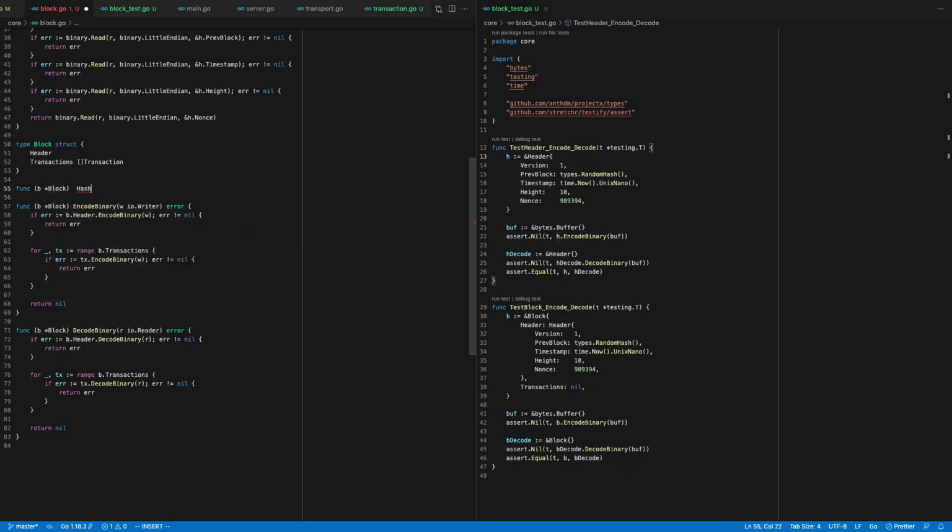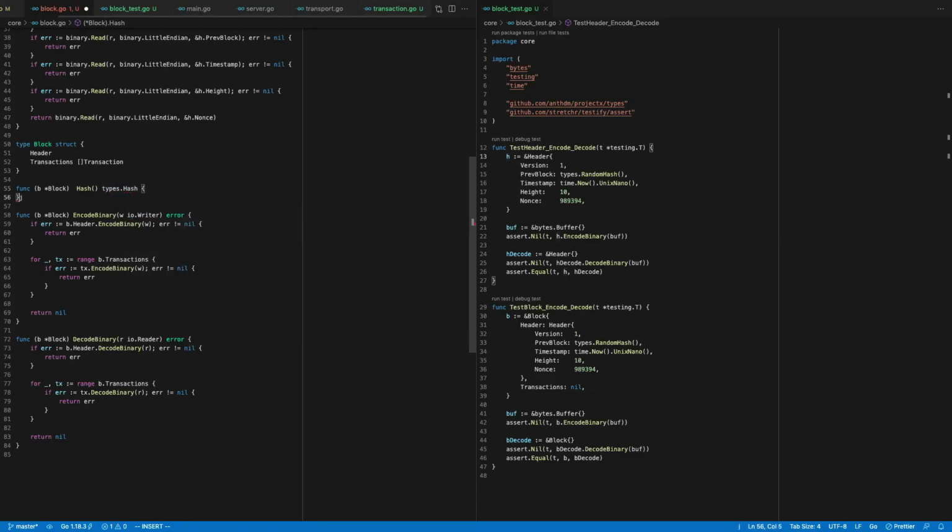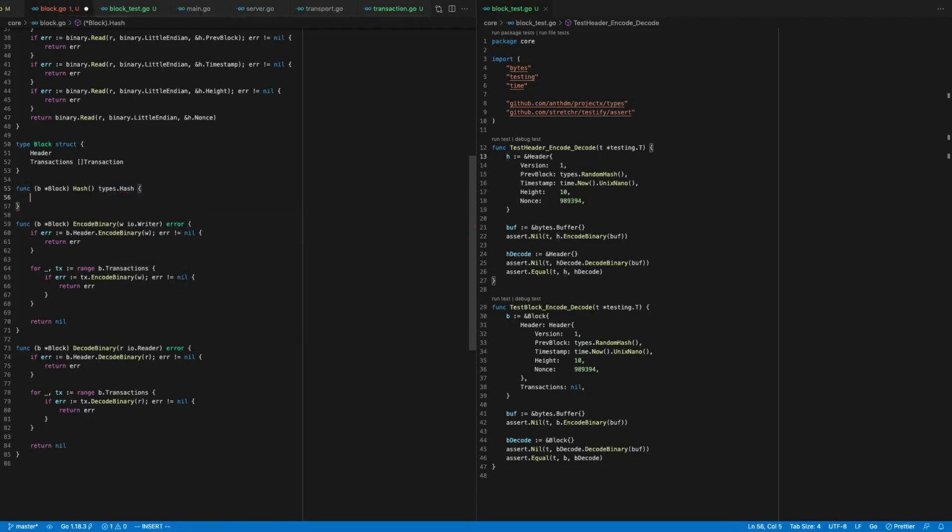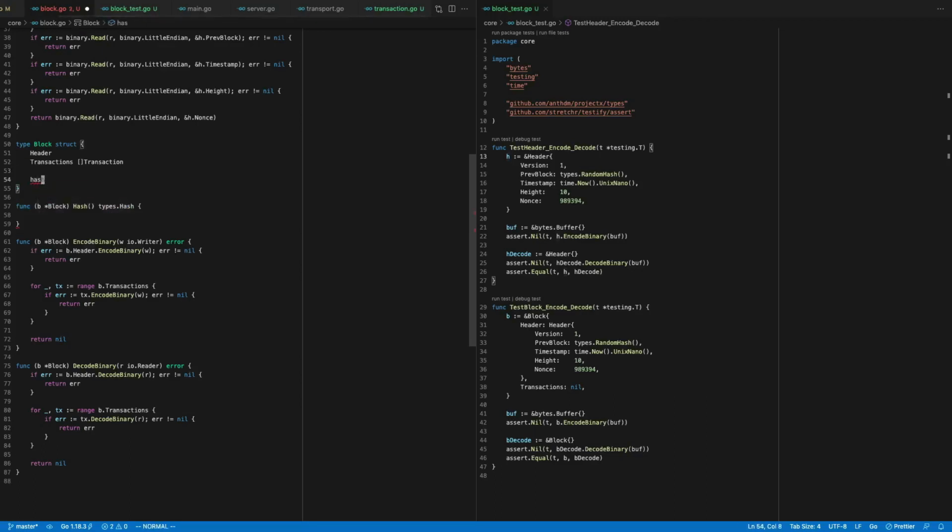I'm gonna give it a function hash, which will return a hash like this. It's a type-spent hash. I'm getting really tired and sloppy in my typing, I'm gonna lie. We're gonna cache it, because each time somebody calls hash, we need to do the cryptographic 256 hash from it, and then it will be costly. So what we're gonna do is make a thing like this,